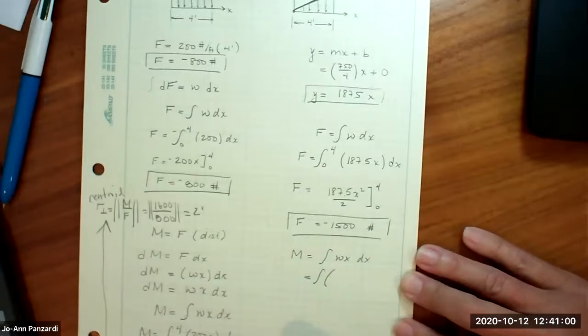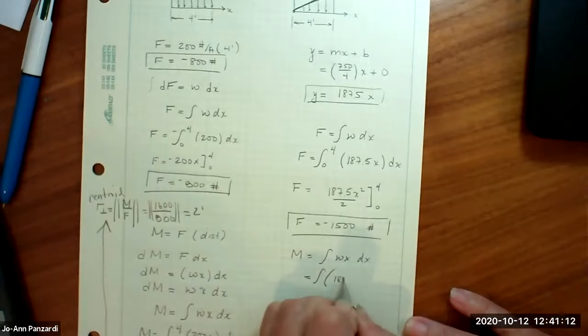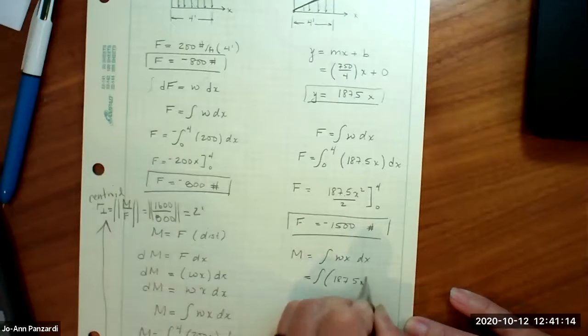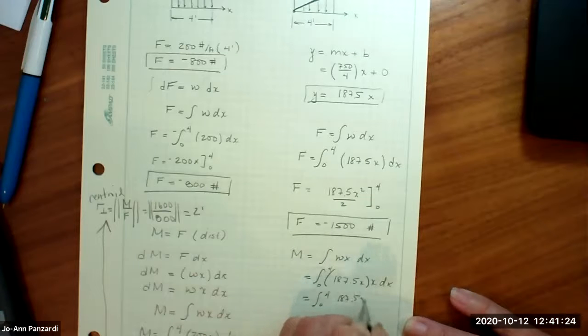And W in this case is 187.5x times x dx, and I'm going from 0 to 4, 187.5 x squared dx, so it's 187.5 x to the third over 3, evaluated from 0 to 4, and the moment turns out to be